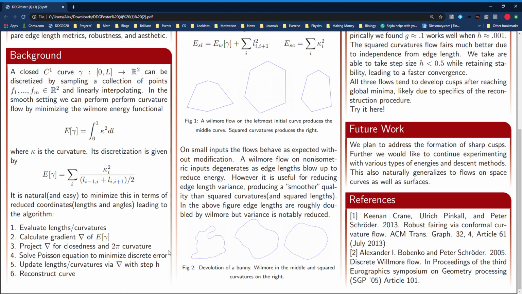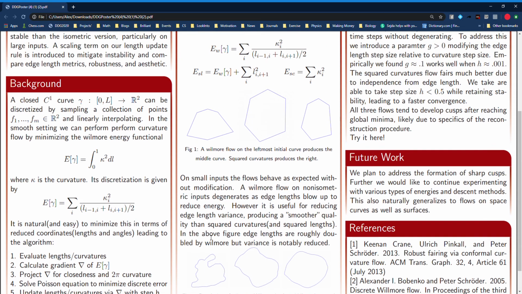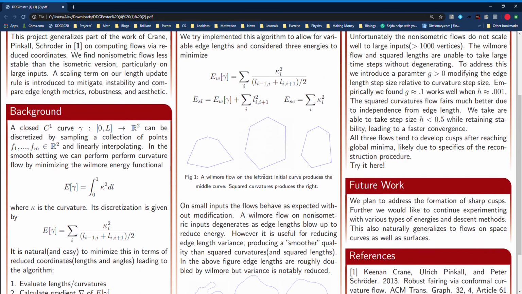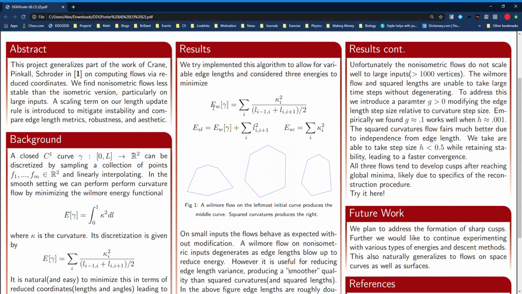And then there's still some discretization error though, so we minimize that by solving a Poisson equation, and then we perform this forward Euler step where the curvatures and whatnot are updated with the gradient, and then the curve is reconstructed. Okay. So my contribution is considering these three different energies and how they perform in the non-isometric setting when